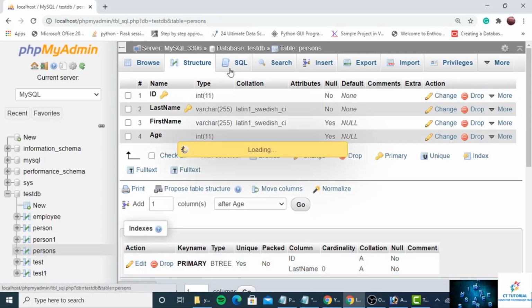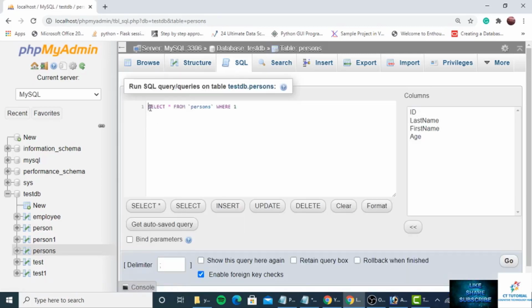So likewise you can also add or drop primary key by using alter table function. For this I have written down the code in the description. If you are facing any problem while you are using the alter table code, then please write down in the comment section. I will definitely provide you the solution.